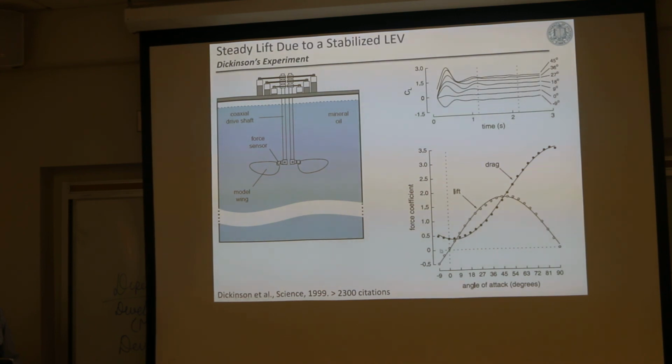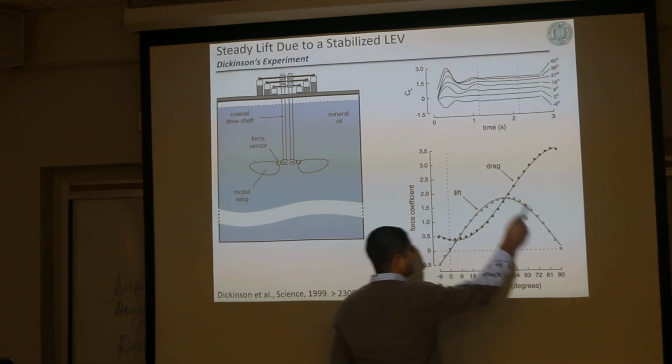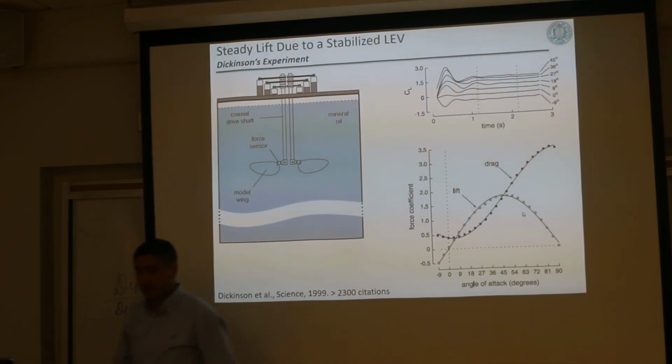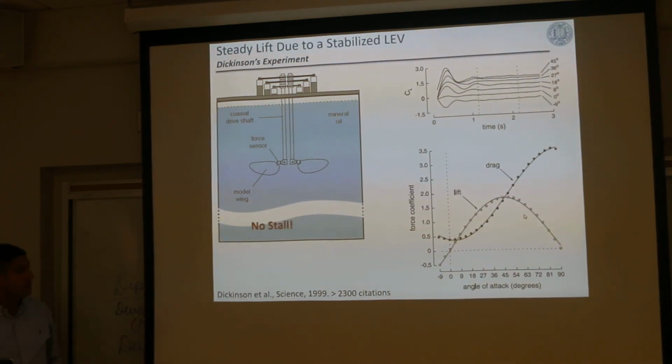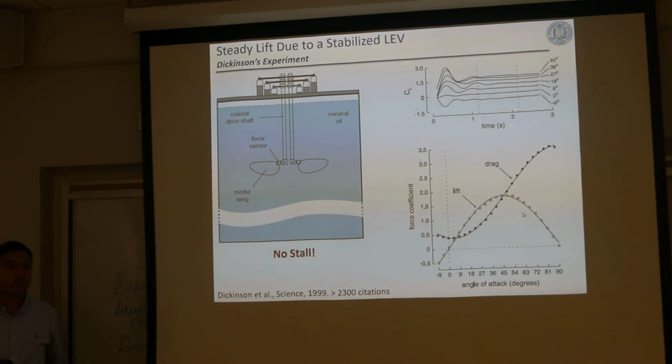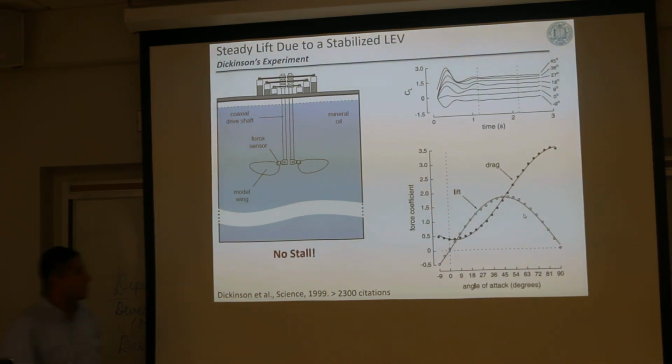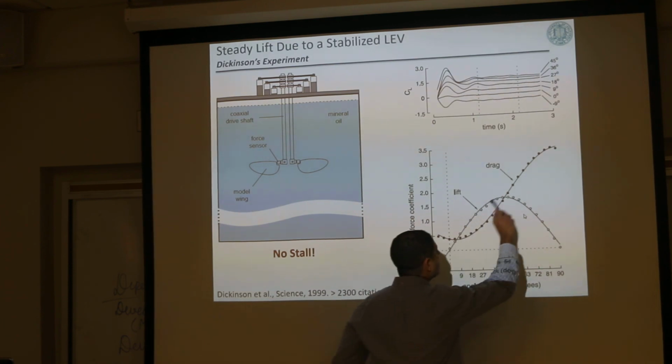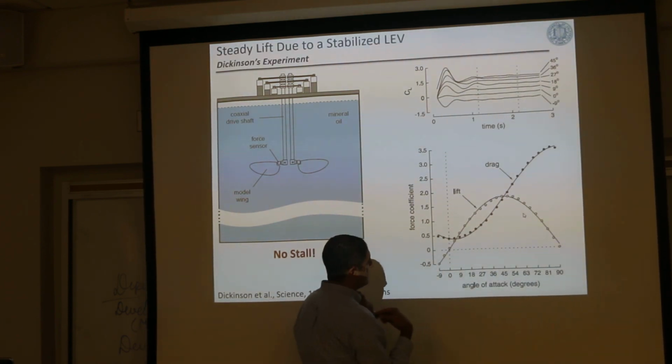And look at that. This is the CL alpha curve, okay? Do you notice anything weird that you didn't see before? Is it a familiar CL alpha curve? This guy? There's no stall. These guys don't stall. Insects don't stall. It's a very smooth variation. The shape that we use